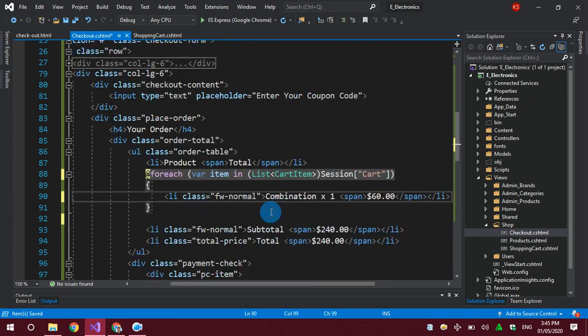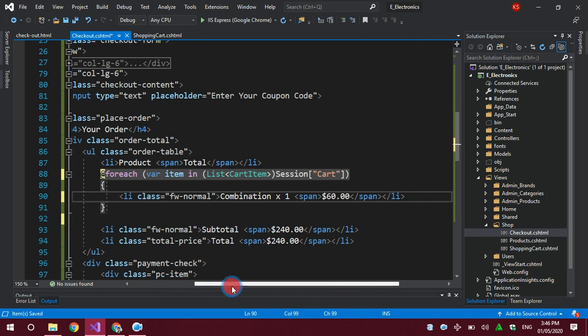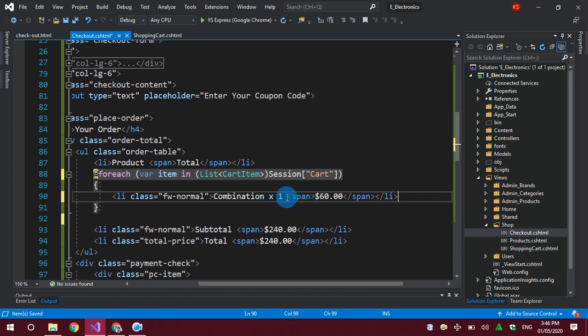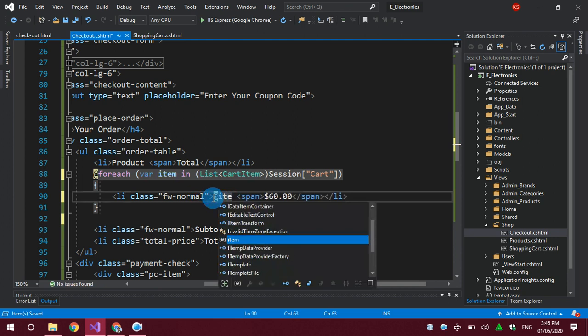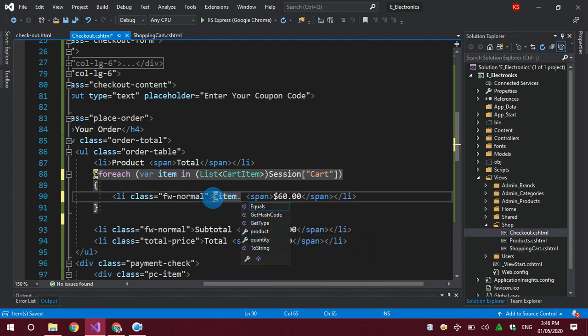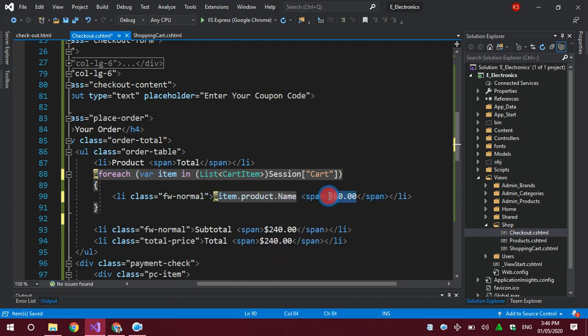Now this variable is inside the loop, and the loop will repeat as many times as there are items. Here we need the name of the product. To get the name of the product, using our loop variable item with Razor syntax, item.Product.Name. And here the price.